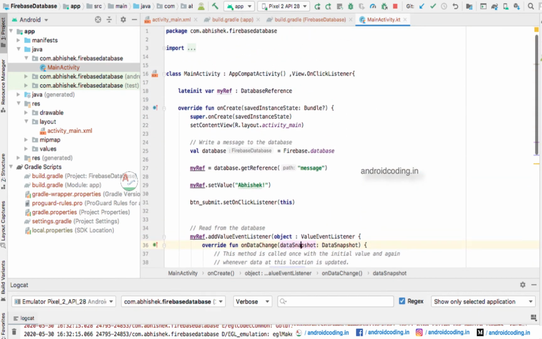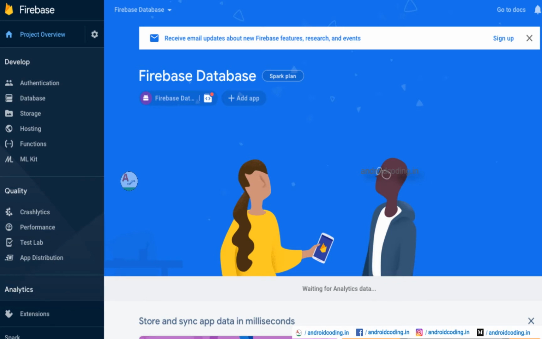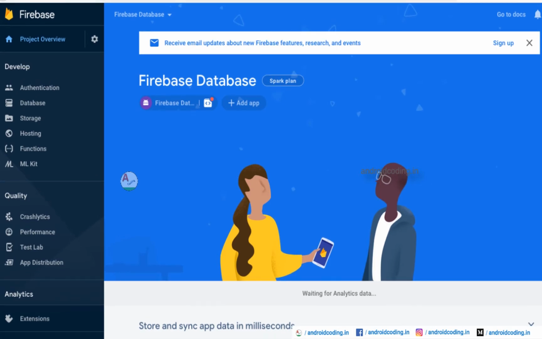So I think to solve all your confusions we need to look at the database once. So here we go. This is our database. So for the beginners who are watching this video, who have missed the previous one, you might be confused. So you need to log into your Firebase console, and from there you need to select your project. If you don't have any project, you need to create a project, and you need to give your project package name.